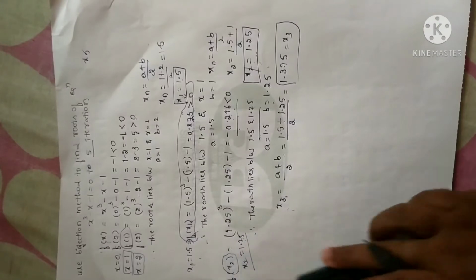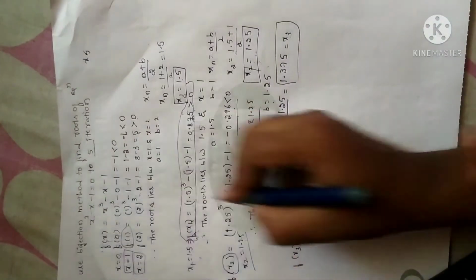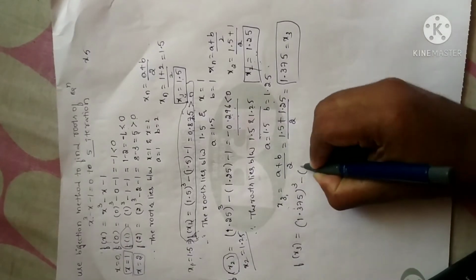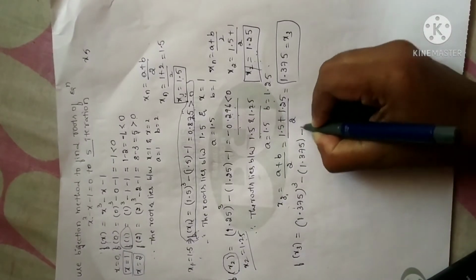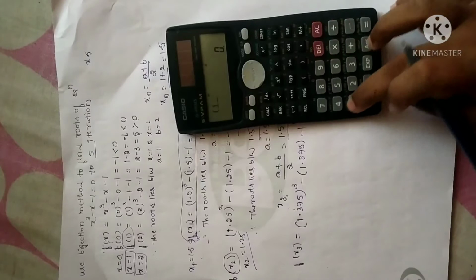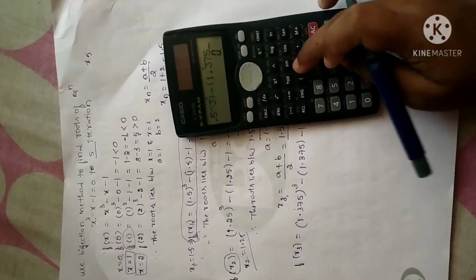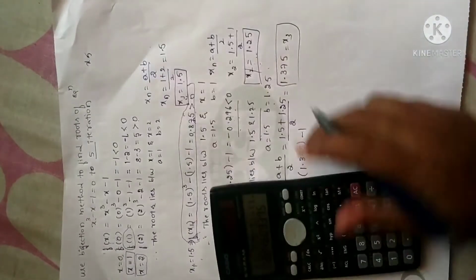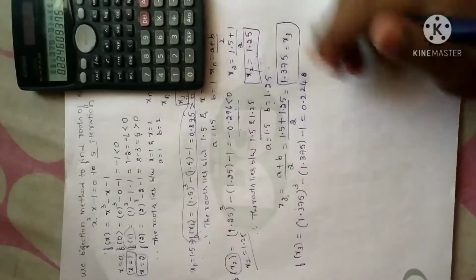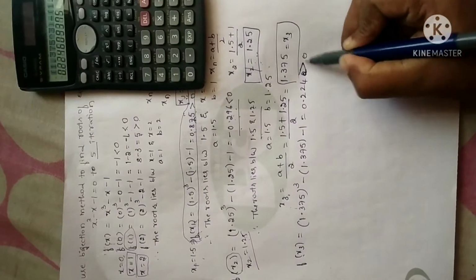1.375. Now I have to calculate f of x3. In the sense, replace x with 1.375 in the given problem. So you will get 1.375 whole cube minus 1.375 minus 1. Now let me simplify. Since I have a cube, open the bracket: 1.375 whole cube minus 1.375 minus 1. So that will give us 0.224. Right? Let me write 3 digits. So 0.224. So the f of x3 value is positive. Let me write greater than 0.